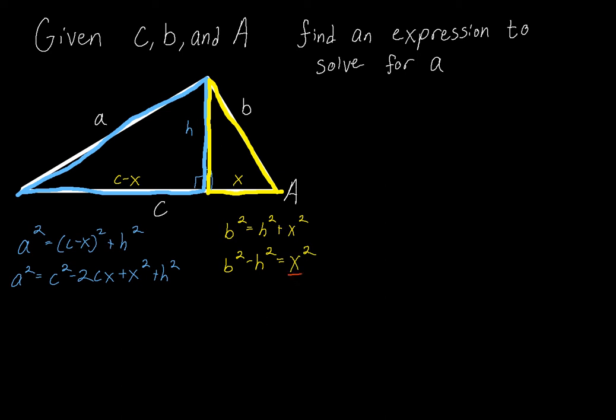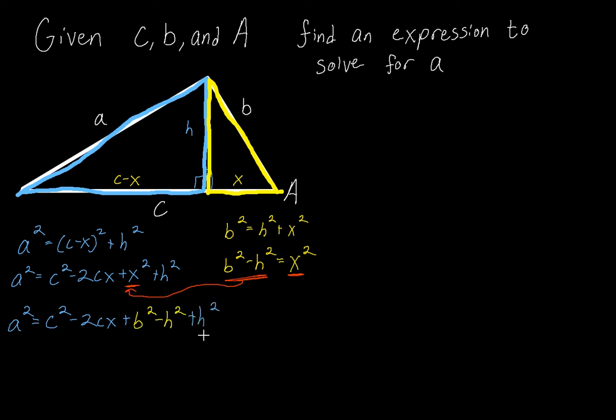Then I see that x squared is equal to b squared minus h squared, and I also see x squared right here. So I can actually substitute in. Instead of writing x squared, I'm going to write b squared minus h squared. I'm going to use a little bit of color to help you see this, but I have not touched anything except for that x squared. 2cx plus, and this is where I start putting in the new stuff, b squared minus h squared